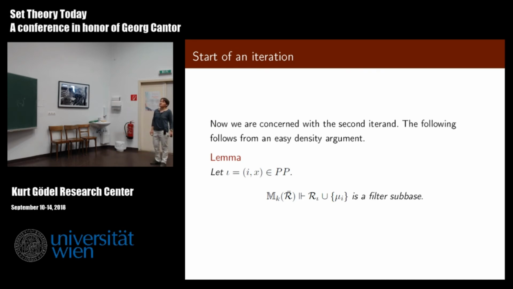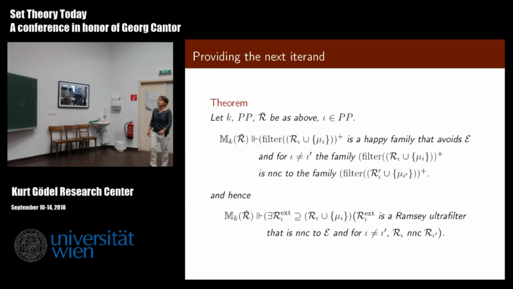So now we start to iterate. Now we have this filter here, it's destroyed, but it's not measured. This means this set is positive with respect to this ultrafilter. So its intersection with this generic set is infinite. So I have a candidate for a filter base to extend to the next one, and to show that this can be extended